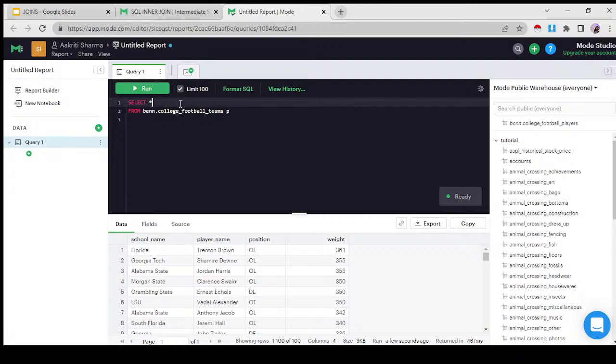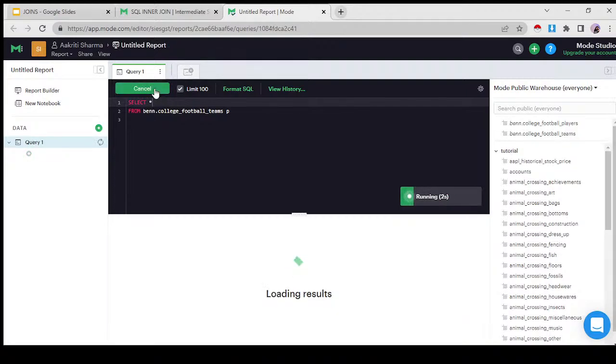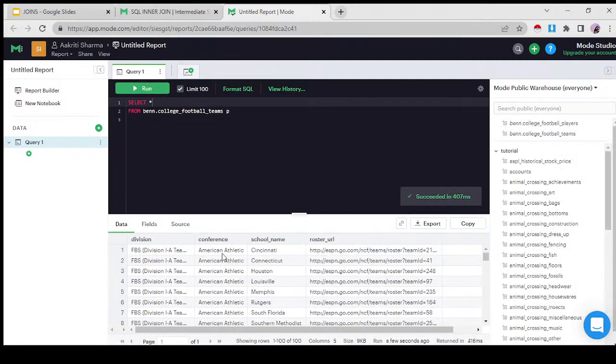Don't mind me doing a little exploratory data analysis. Oh, we have FBS Division 1A team, whatever that was specified as under the column division. So don't get overwhelmed with the practice problem like I did. Look through the data first and you'd be able to make something out of it.